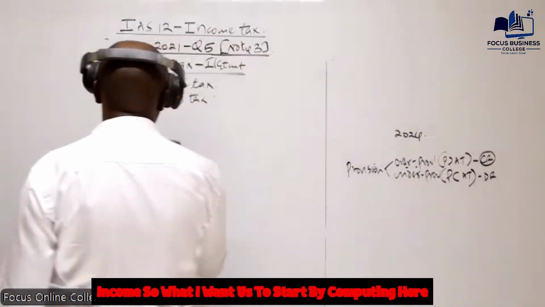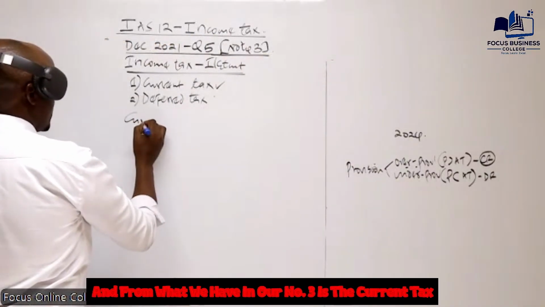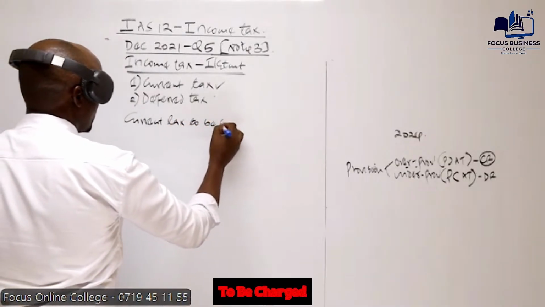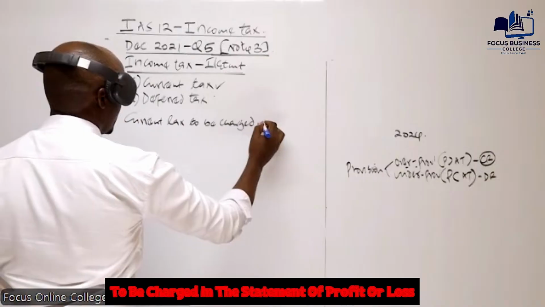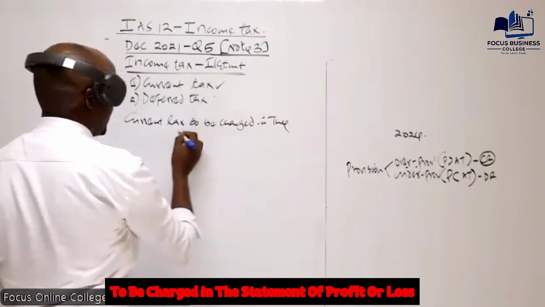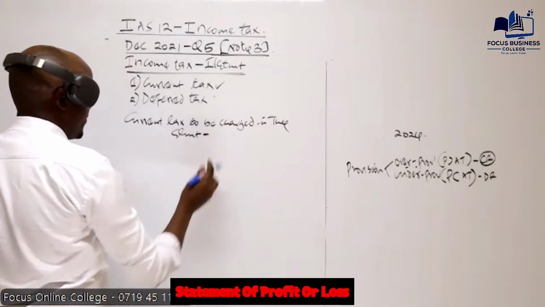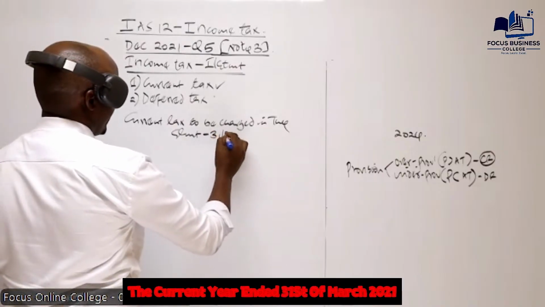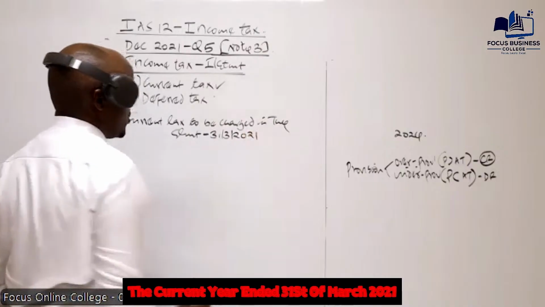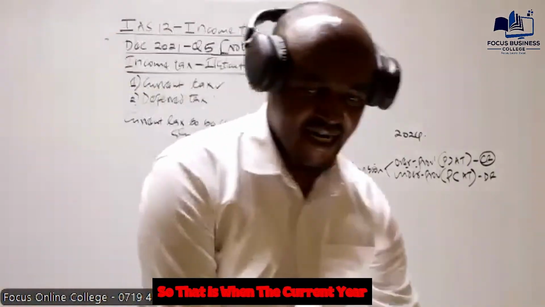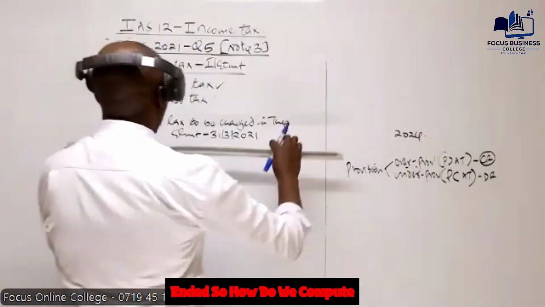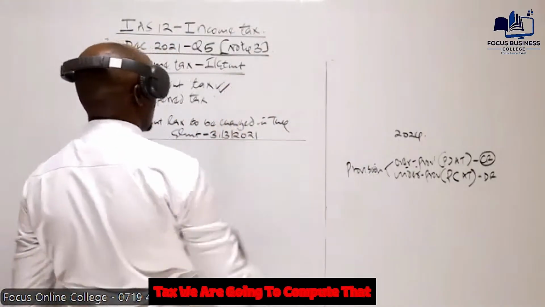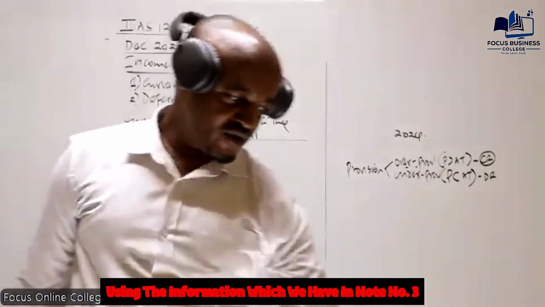Income. So what I want us to start by computing here, from what we have in note number 3, is the current tax to be charged in the statement of profit or loss for the current year. If you go to the requirement, the current year ended 31st of March 2021. So that is when the current year ended. So how do we compute this particular amount of current tax? We are going to compute that using the information which we have in note number 3,